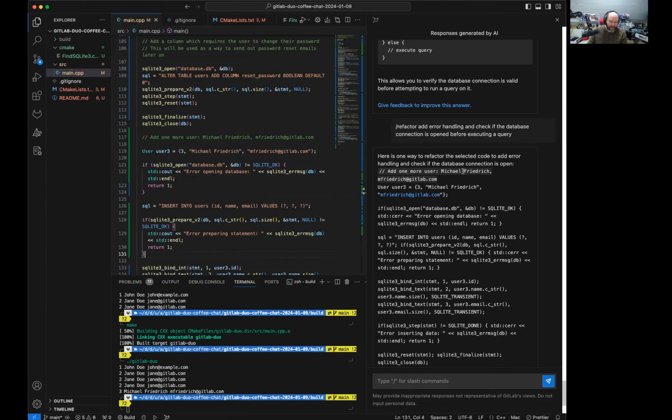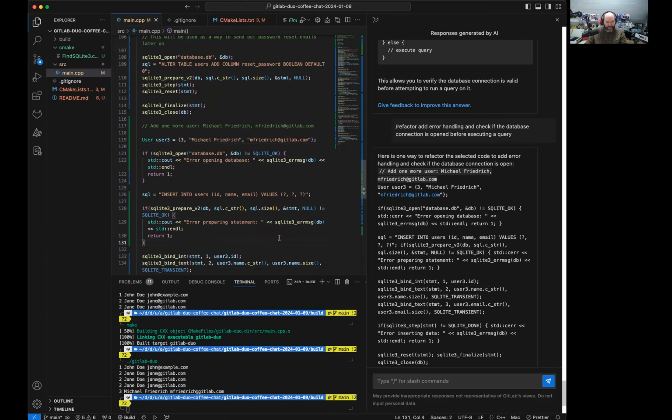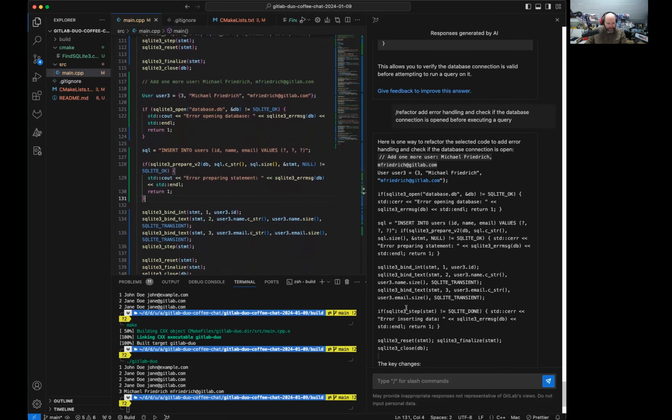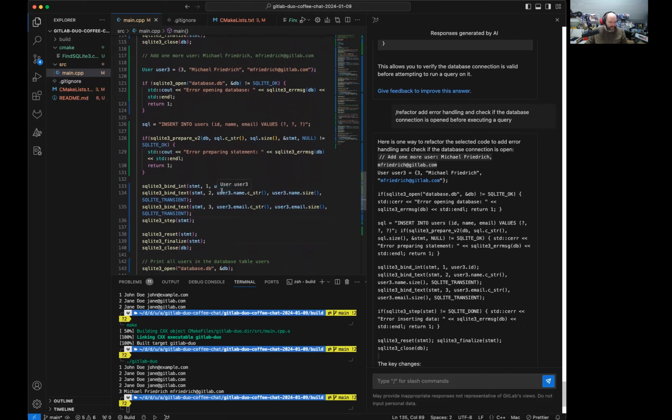And then it's up to myself whether I want to copy the entire rendered code or generated code, or if I inspect the source code and then use code suggestions again to autocomplete what I want to do here, because now it knows error opening the database with the string, error preparing statement. This is the context of the prepare statement. It uses the same method here. The next thing which we should check for is SQLite 3 step. So if we continue writing this,